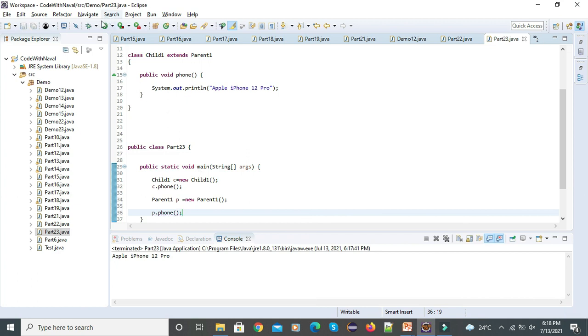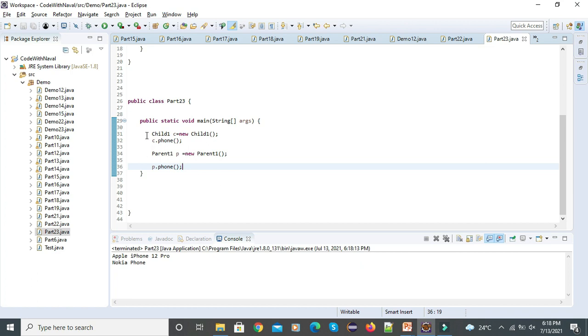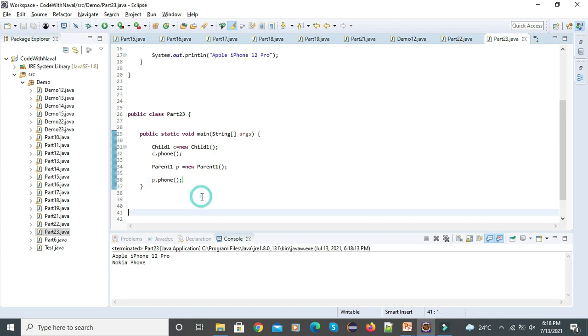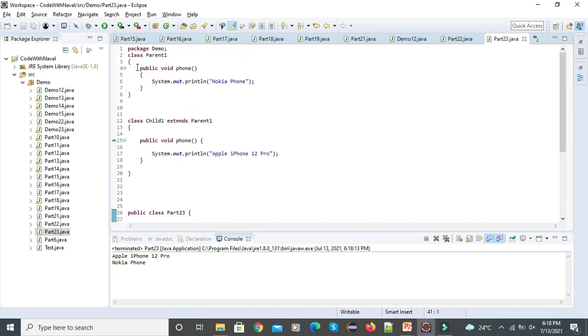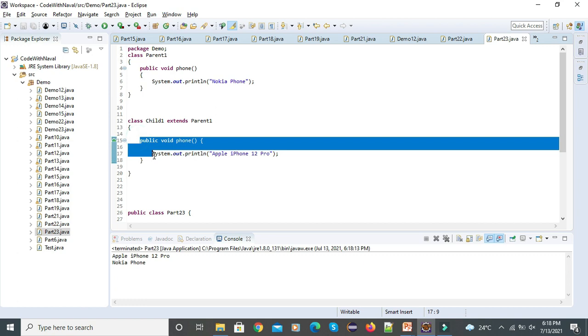Let's save this and run this. When we call the phone method through the child object, we get Apple iPhone 12 Pro. When we directly create a parent class object and call this phone method, we get Nokia phone. So we simply override this method in the child class.